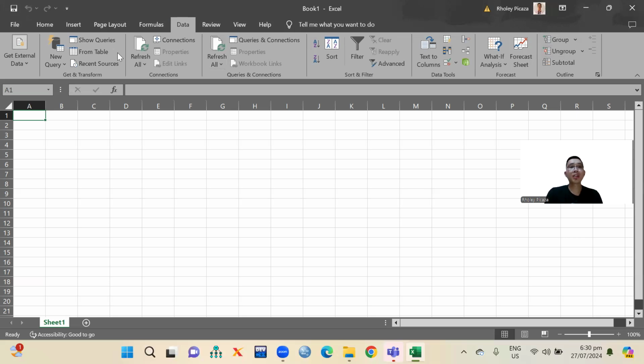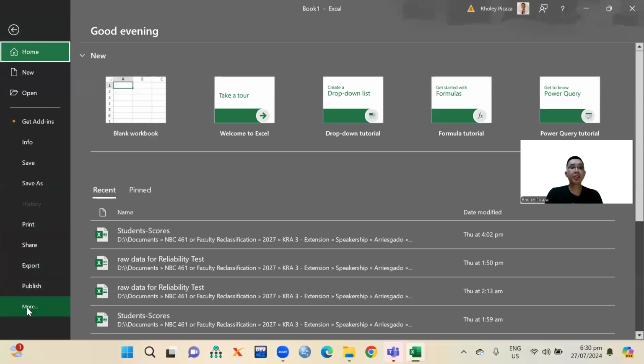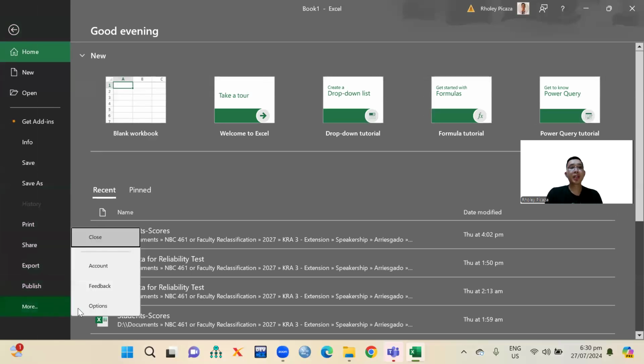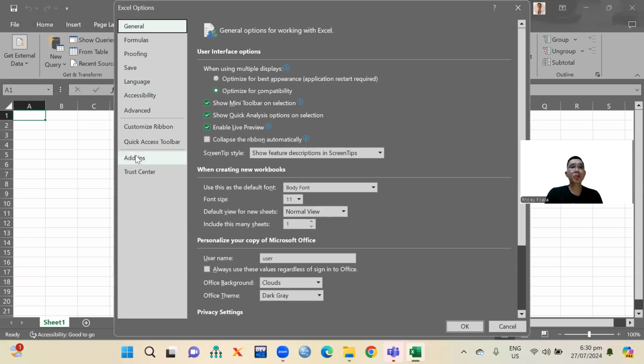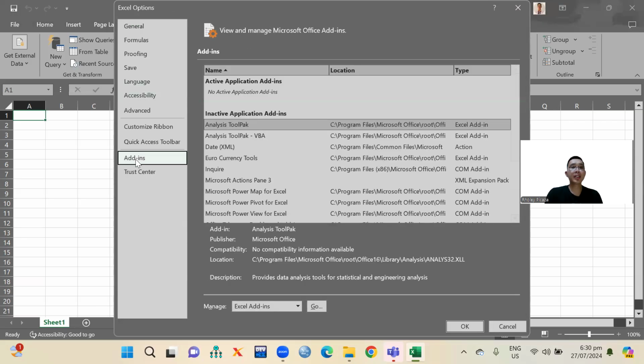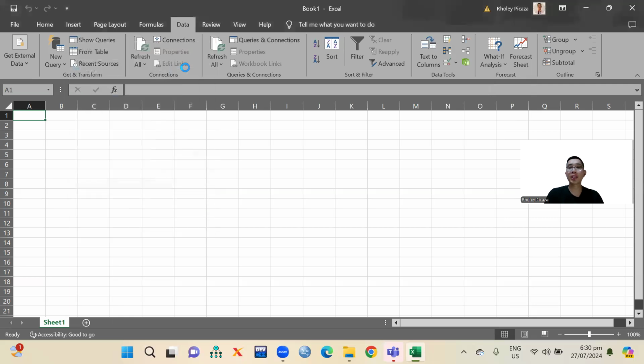If none, press the File, then go to More and Options. In Excel Options, press Add-ins, and then in Add-ins, go and select the available add-ins here and then press OK.